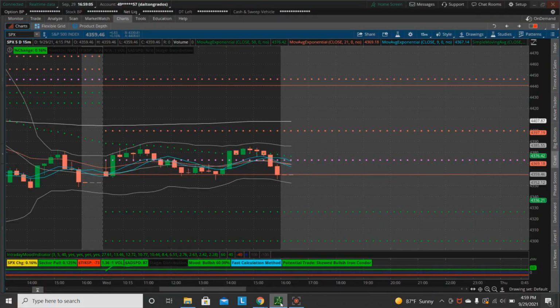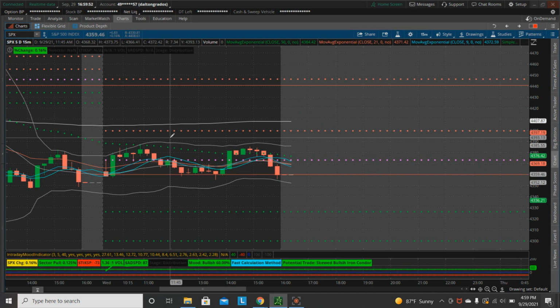So in summary, the mood indicator and the internals that I'm looking at are the volume of advancers minus decliners, the number of advancers minus decliners in the 500, and the tick. And watching those, I'm telling you, I have been really digging deep into a lot of the content by Peter Reznicek and Jim Dalton, and understanding market profile and utilizing internals. And I'm telling you, I'm doing a lot better especially in my 0DTE trading, with trusting the market internals and